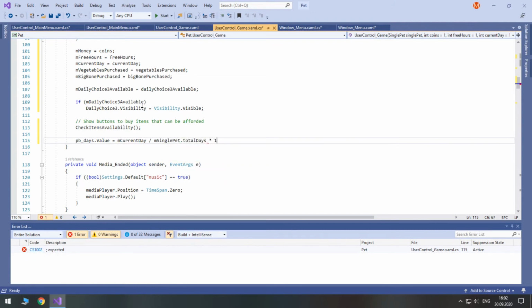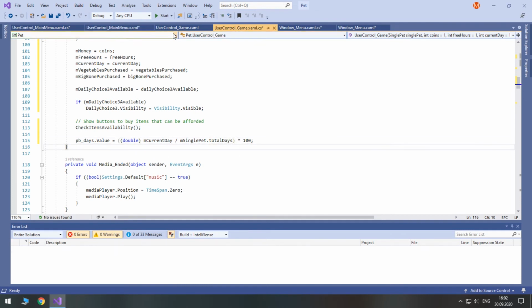We need to multiply it by 100, and because the value is double, let's first convert current day to double. Just for clearness, let's put it in braces here.